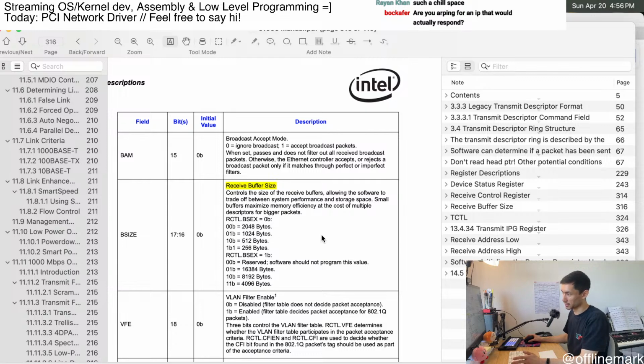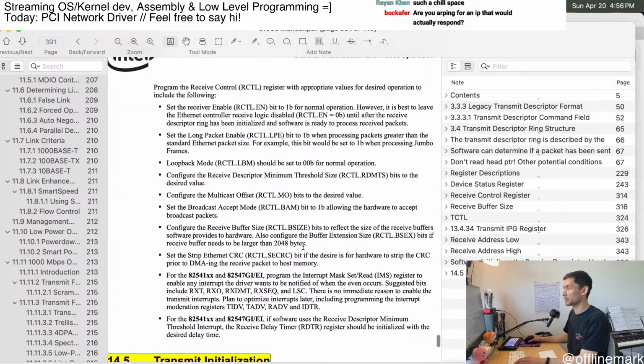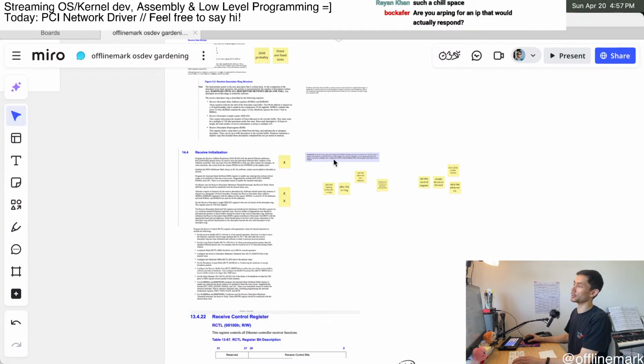So we're just using the default. Strip this thing, blah, blah, blah, blah. Okay, so